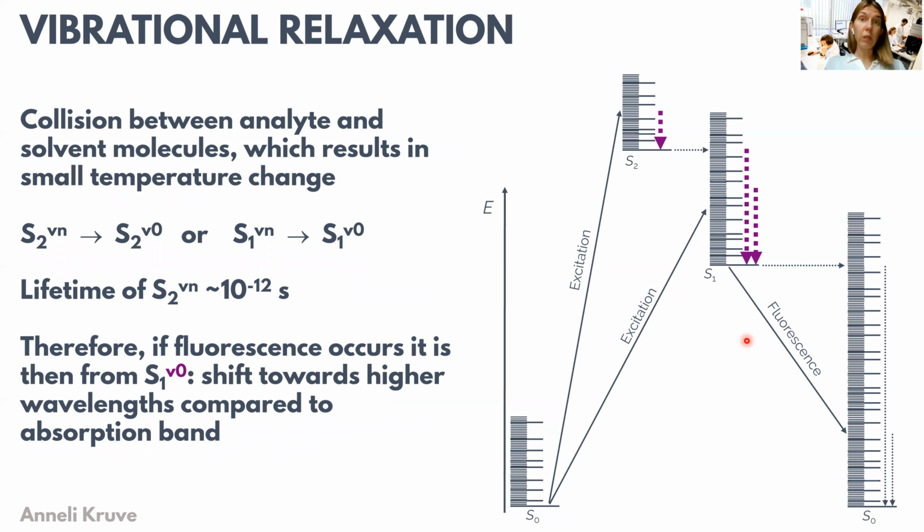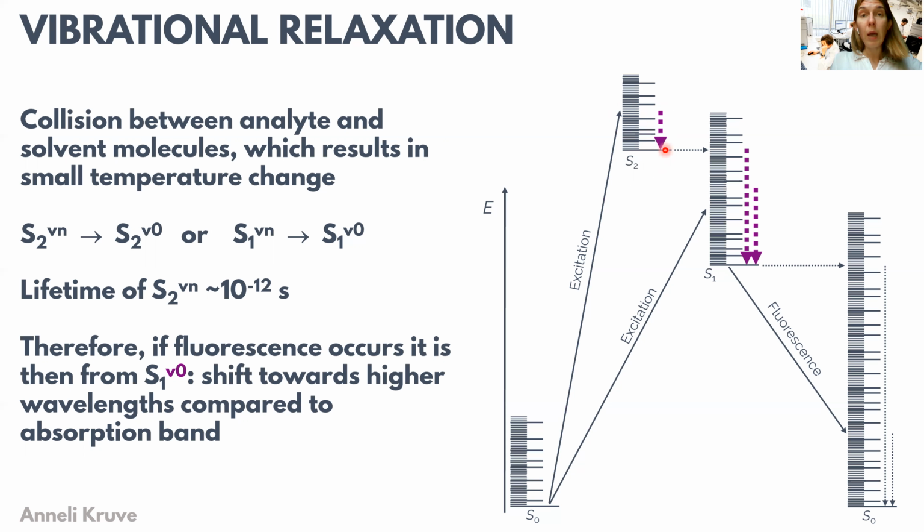So what are then the processes contributing for the molecules to return from the excited state to the ground state? The first thing that usually happens with the molecules is that they are vibrationally relaxed. So this means that when we have the molecules excited in the first place by absorbing the light quanta, then they obtain both the electronic excitation as well as vibrational excitation. And the first thing that happens is that the molecules lose their vibrational excitation. So this means that they return from the S2 V2 to the